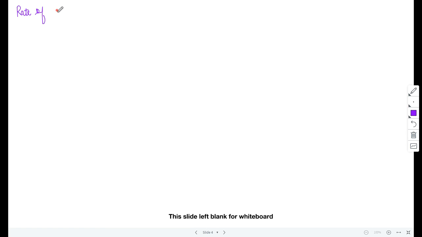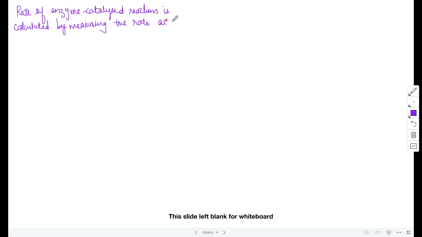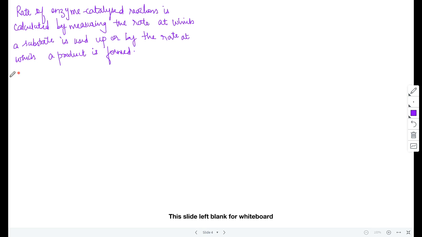So the rate of enzyme catalyzed reaction is calculated by measuring the rate at which a substrate is used up, or by the rate at which a product is formed. And generally we have an equation for that, that is rate of reaction is equal to